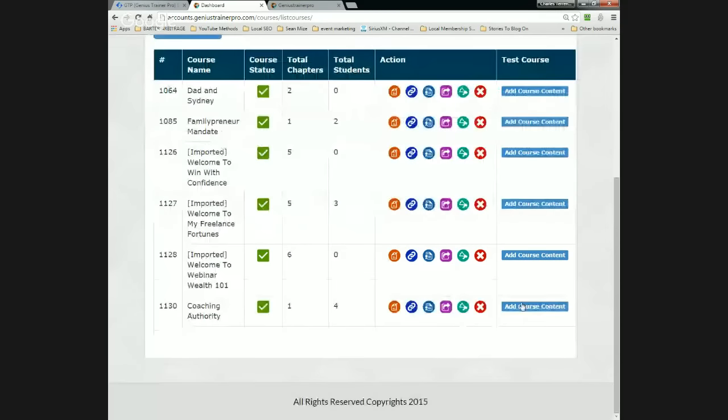But that's one way for you to show your students or your customers the actual process or what's actually happening in your presentation. Now, if you want them to download it, what you can do is put it in the resources section of your lesson. We covered that last night. I can show you that briefly. I'm going to go to my screen here, and we'll just go into add course content.